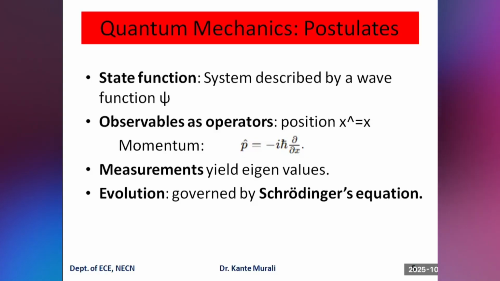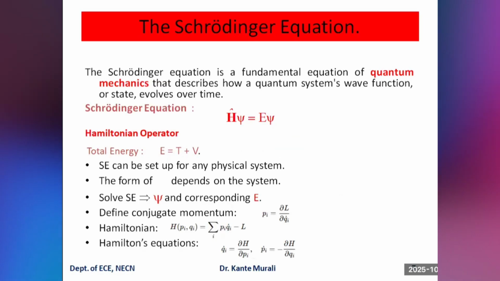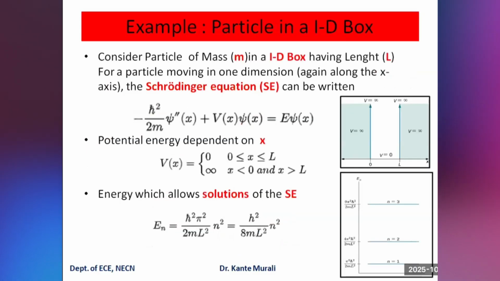The evolution of the system, or behavior of the system, is governed by the Schrödinger equation, unlike Newton's equation in classical mechanics. In the microscopic world, let us see how to describe a system with the Schrödinger equation, in which the wave function psi describes the whole state of the system. To understand the concept, let us consider a particle in a box. Consider a particle trapped in a one-dimensional box. It can have only certain allowed energy levels.